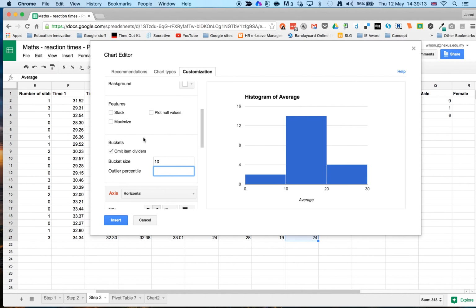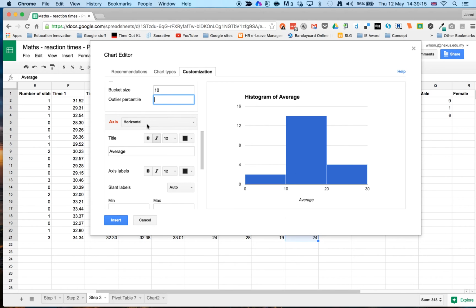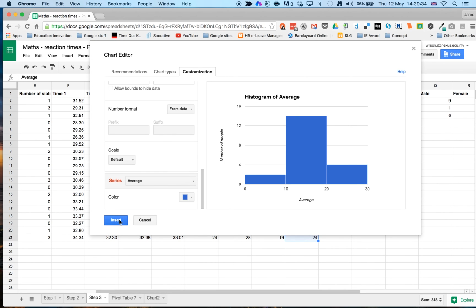So when you're happy with the bucket size, we want to make sure that the axes are okay. So average, maybe you want to change that value. That title, sorry, and then we'll have a look at the vertical axis, and maybe I'm going to go with number of people. When you're happy with your chart, what you want to do, just as previously, is press insert,